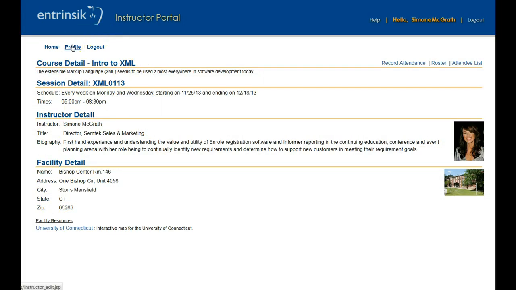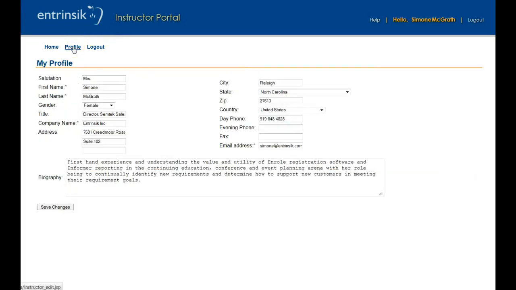And then the profile is also in this part. So this is the bit where the instructor now can self-manage their profile and their biographical or contact information. So allowing them there to change the phone and the contact stuff and all the rest of it, and the bio. So we'll go back to home,